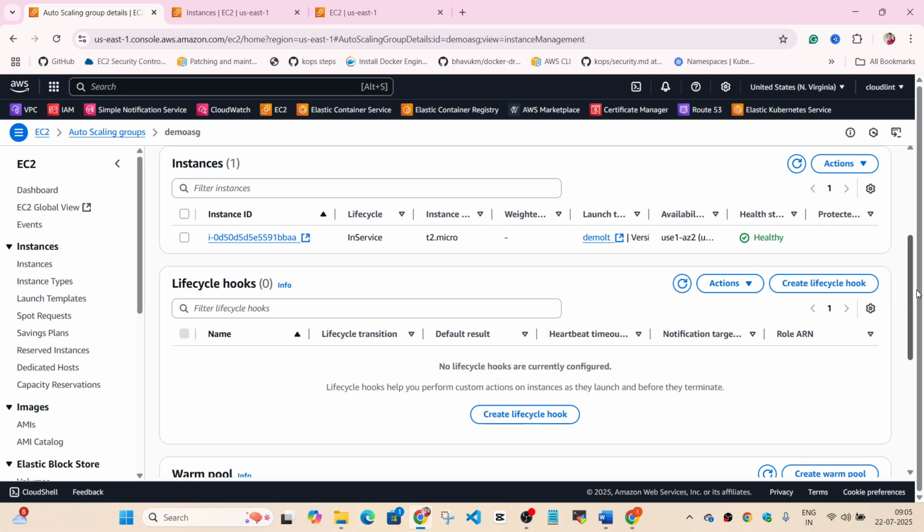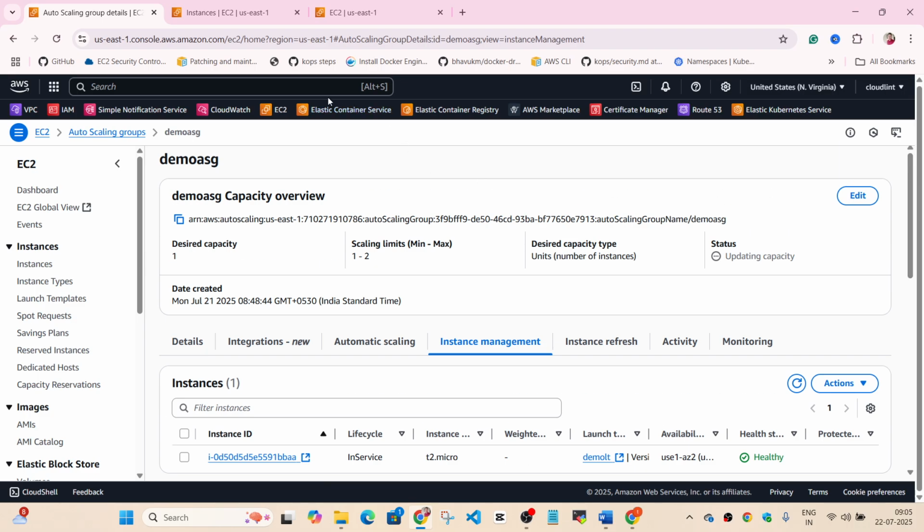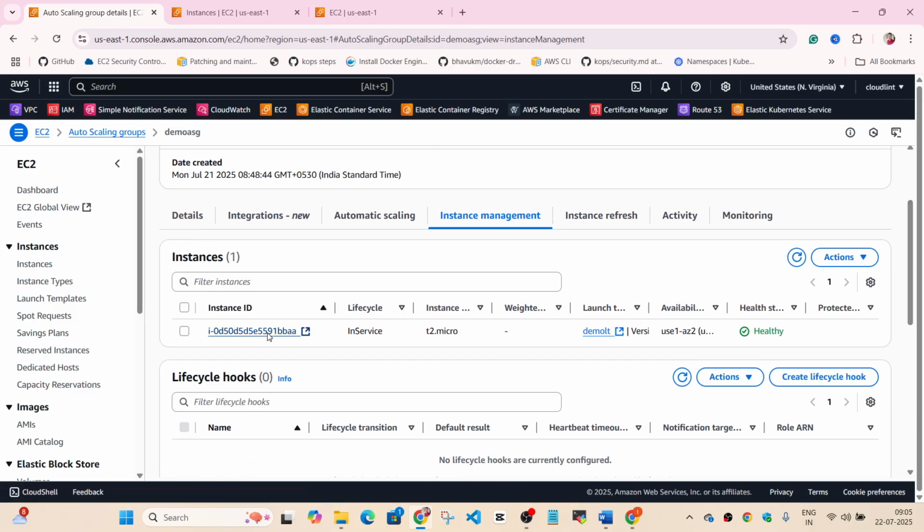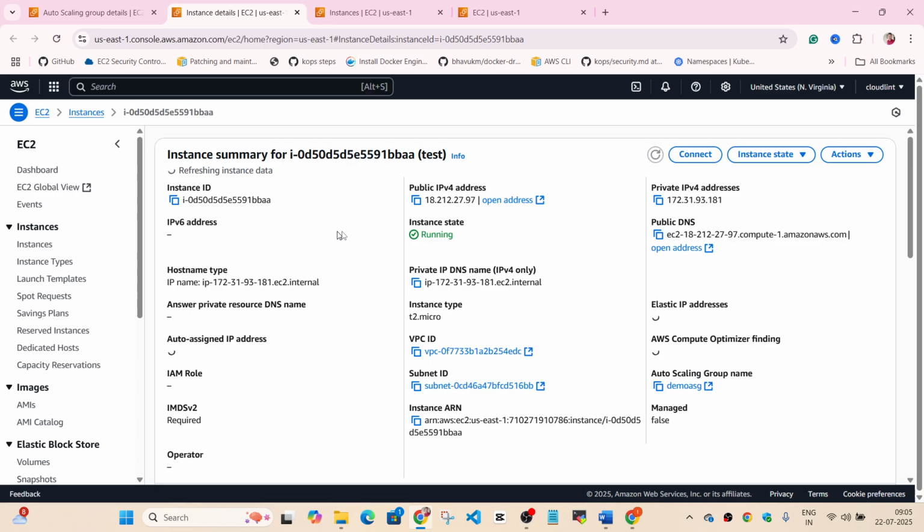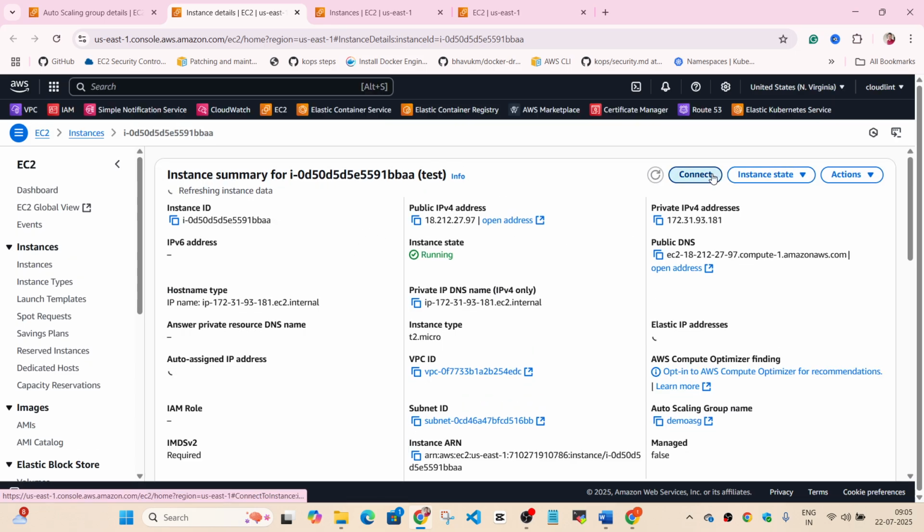So we have this one instance running now. I'll click on this instance and connect to the instance first.